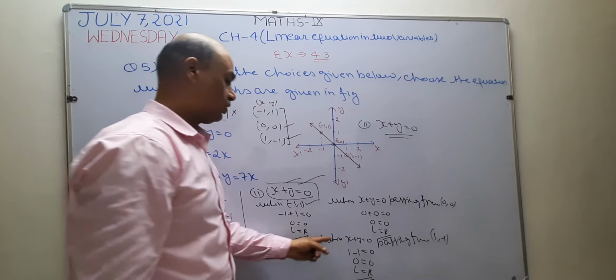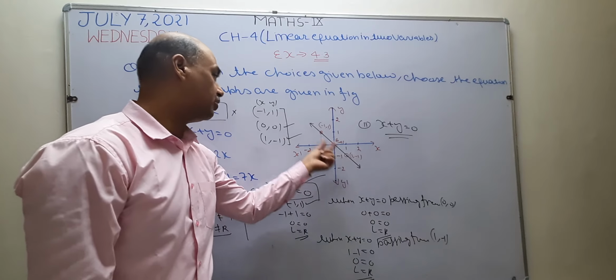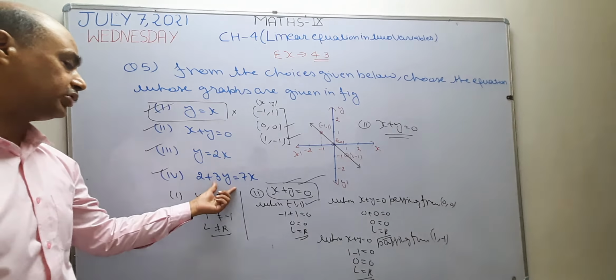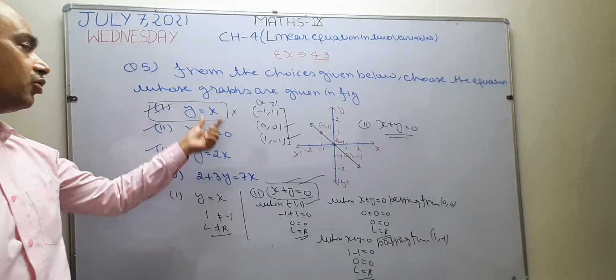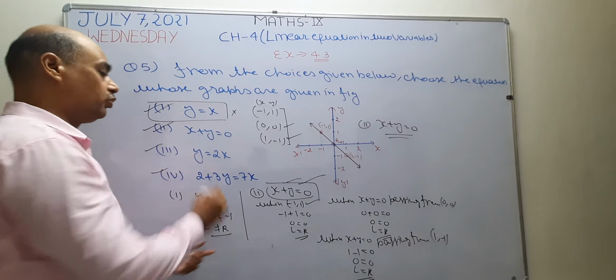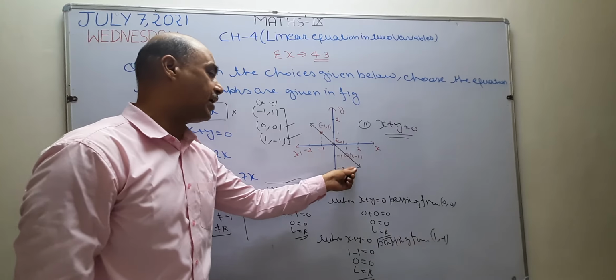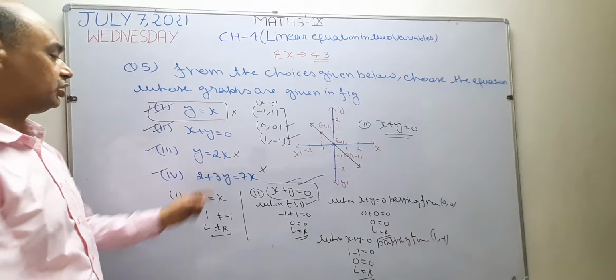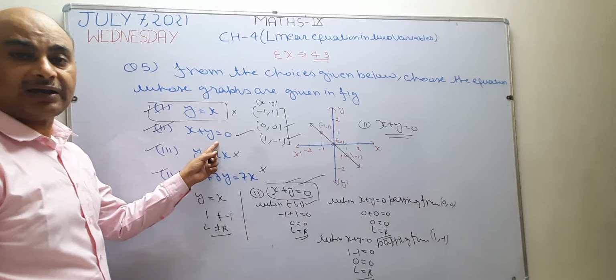If this does not satisfy this equation, then I am going to check the next. Okay? If it is not, then I am going to check this. In this way, I check all the equations. If the second equation satisfies all the given points, you need not check the others. This is your answer. Okay? Is it clear?